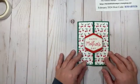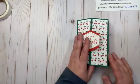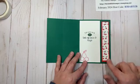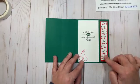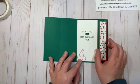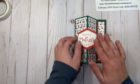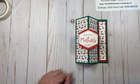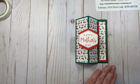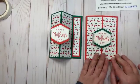So here I kept the front very simple with our Happy Mother's Day and our heartfelt hexagon. On my raised piece here, I had this little scrap of DSP I was determined to use. So to make it the right shape in order to have the easel effect, I just layered it with coordinating colors of cardstock. So there we go. And you can very easily change up your card by changing up your colors. I just changed the base color of the card